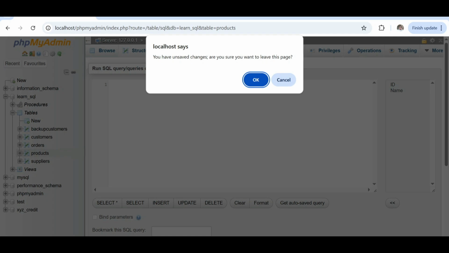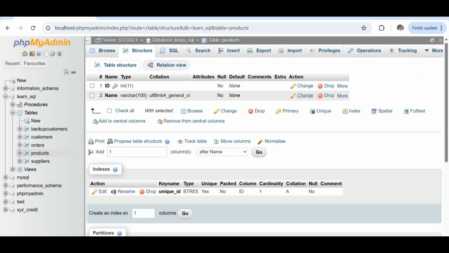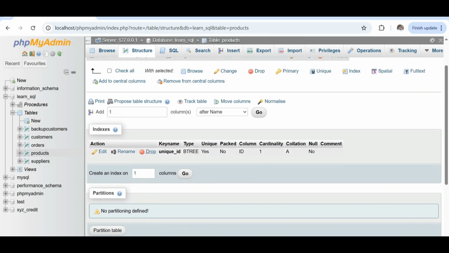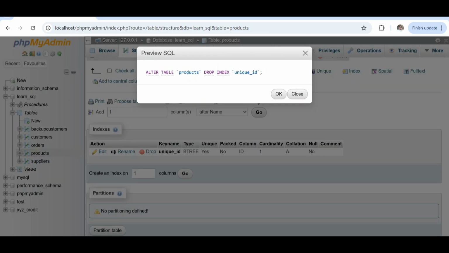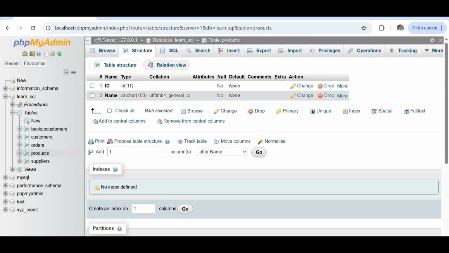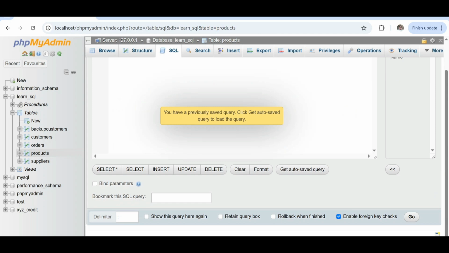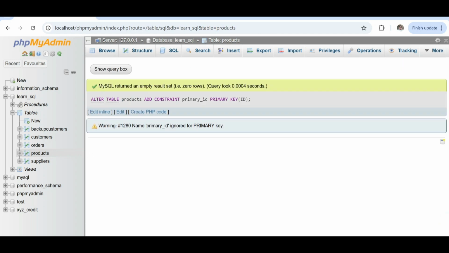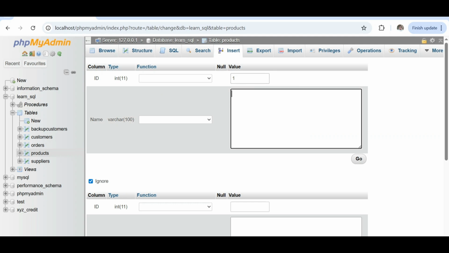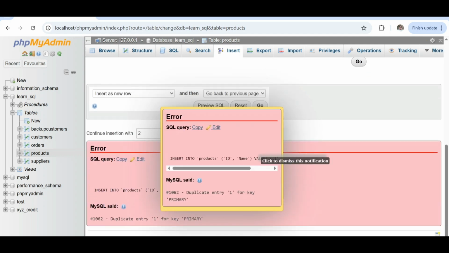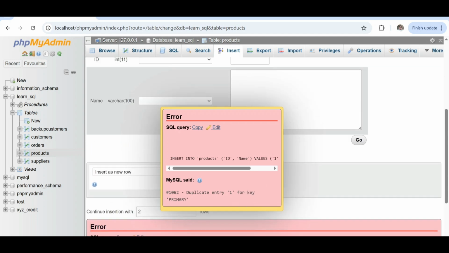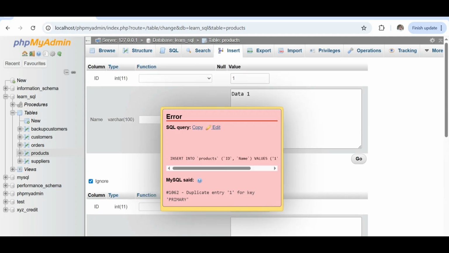I will remove the unique first. Okay, drop first. Nice, it's a success. If I add new data with the same ID, it will fail, okay, like before.